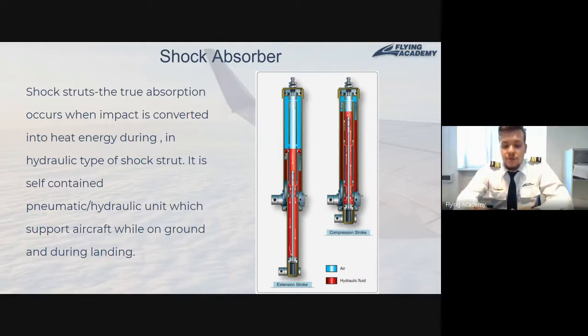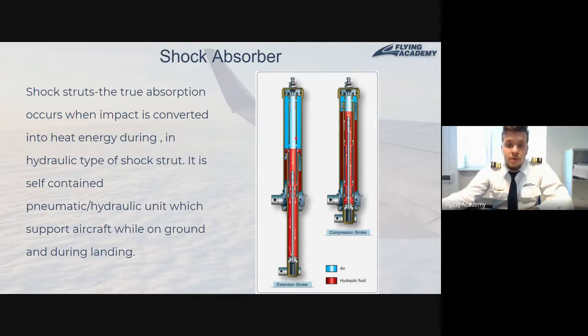The problem with a spring is that it will become weaker after each landing, and usually also with some amount of time, and you will need to replace it. Instead of a spring, similar to the suspension of a car, we will have just air inside. Well, in our case, not air, it will be nitrogen, because nitrogen is more stable with changes in temperature, but whatever. So we will have some gas inside, which will provide the function of the spring, similar to a car with a pneumatic suspension.